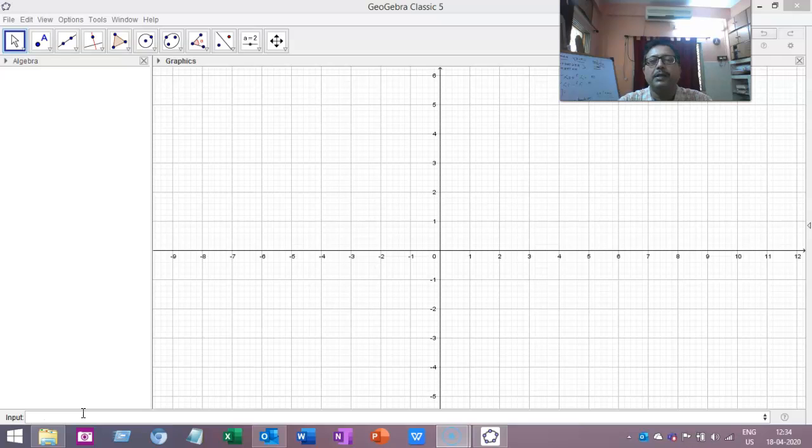There are many ways to plot the graph of a function in GeoGebra. If I put the command, then the inversion can also be obtained. But here we want to invent something, that we want to show that the inverse of a function,